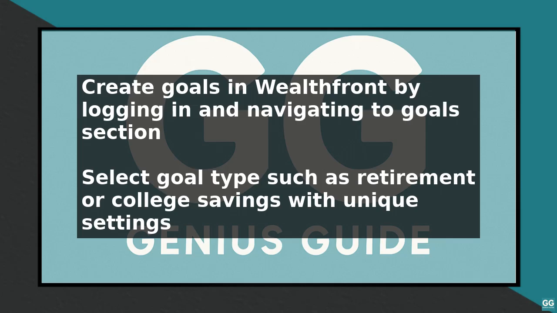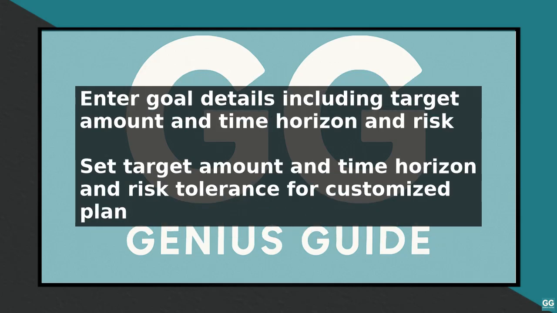First, click on the Create Goal button and select the type of goal you want to create, such as retirement, home purchase, or college savings. Each goal type has its own set of questions and settings, so choose the one that best aligns with your